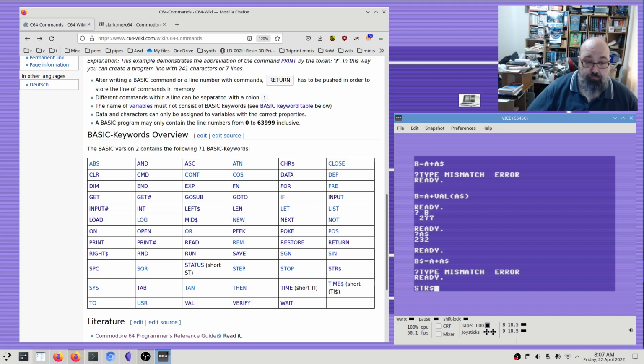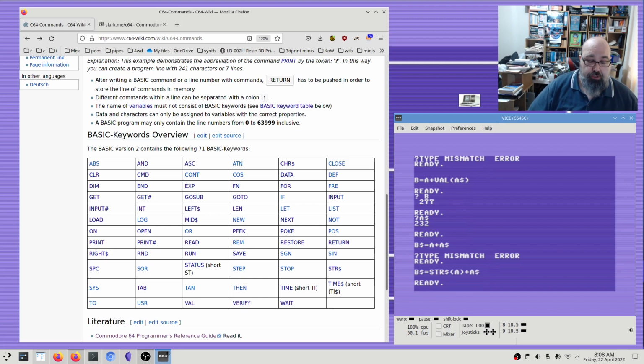str, string. So we can say b string equals the string of a, because that's a number, so we're converting a number to a string, plus a string. Now it might look like a mathematical equation, but we're not adding numbers. When we're doing string manipulation, we're concatenating two strings. Okay, so we should now have, if we print b string,